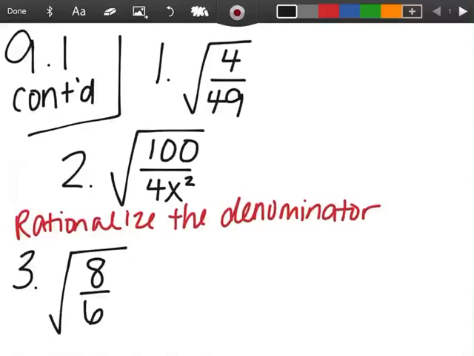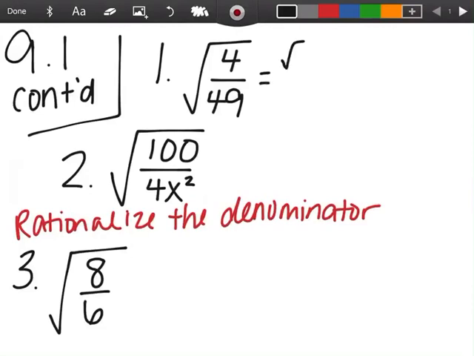To finish up the 9.1 section this week, we're going to learn how to work with fractions. We're going to learn how to add and subtract radicals and how those rules are sometimes different than multiplication and division. So when I look at number 1, the square root of 4 over 49, I can think of it